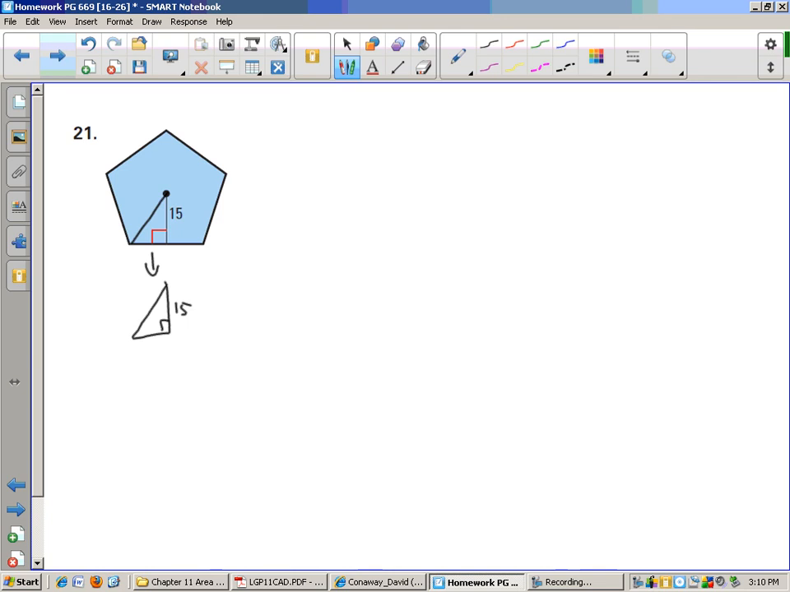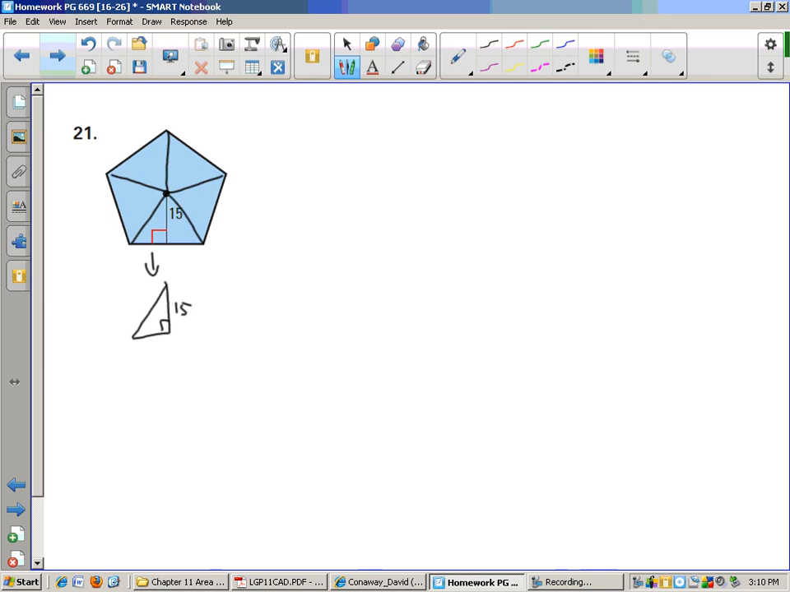Now this is a regular shape. What did regular mean? What was that word regular? What did it mean? Sides are the same, so equilateral. Angles are the same, so equiangular. Okay, good. So if we cut this thing into 5 triangles, those triangles are going to be congruent to each